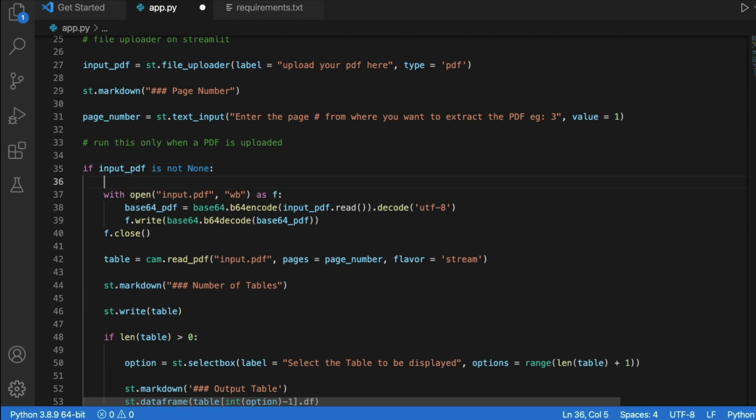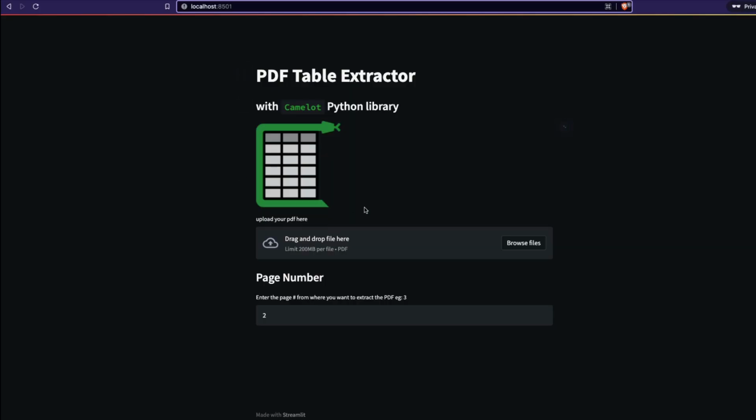Like I said at the start, Camelot at this point does not read a file object. It actually needs a PDF file, which means you need to have PDF in a certain path for you to use it with Camelot. But if we are uploading it here, how do we get the PDF in a particular user path?